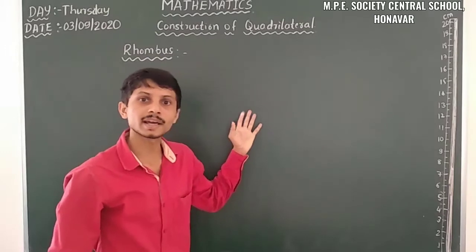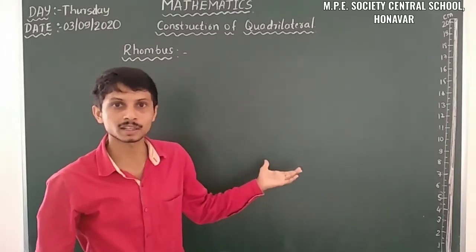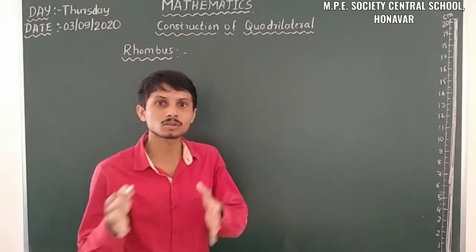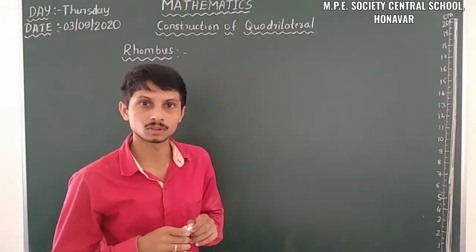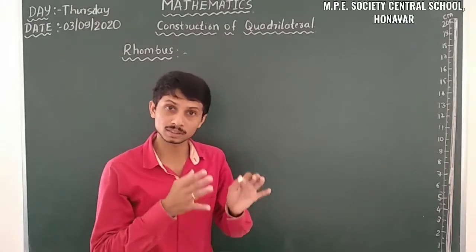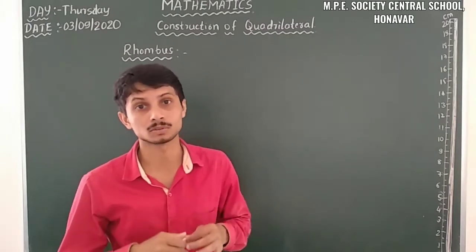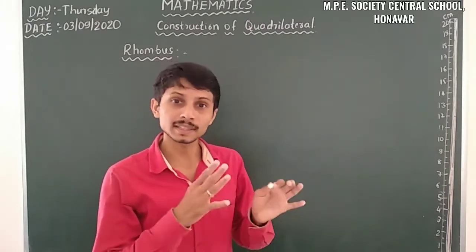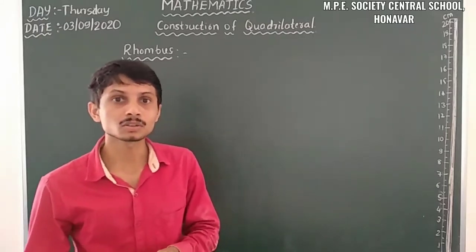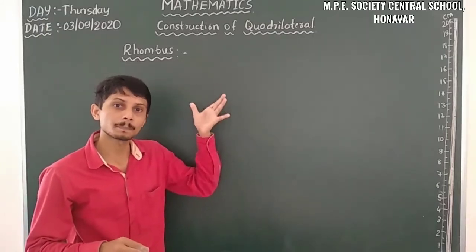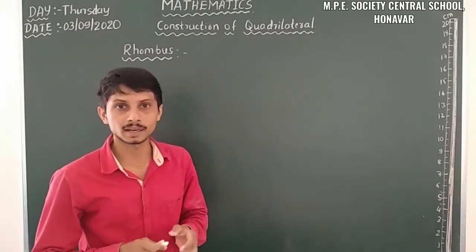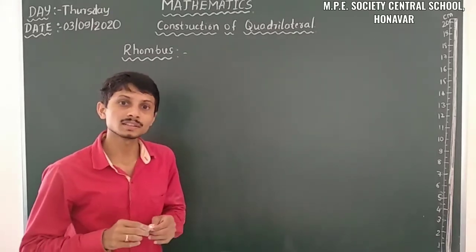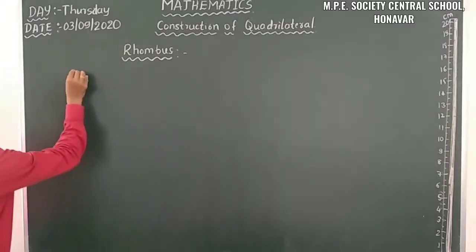It has 4 sides, 4 angles and 4 vertices, similar to all quadrilaterals. It's also a type of parallelogram. Likewise rectangle and square are there. So rhombus is also a quadrilateral. Let us discuss some of the properties